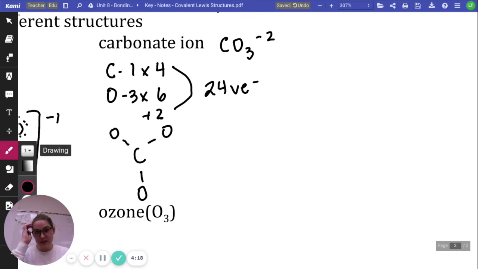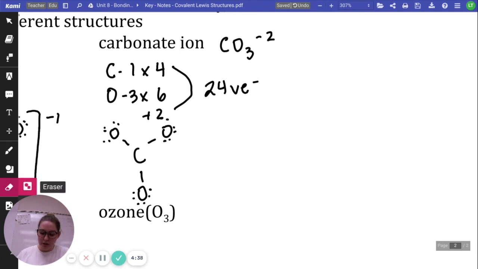Okay, so I've used 6. I still have 18 to use, so I'm going to fill up the outer octets of my oxygens. So there's 6, 6, and 6. So I've used all 18 of my valence electrons now, and I can see all my oxygens are full, but my carbon isn't, so I don't have any extra electrons, so I'm going to steal a pair